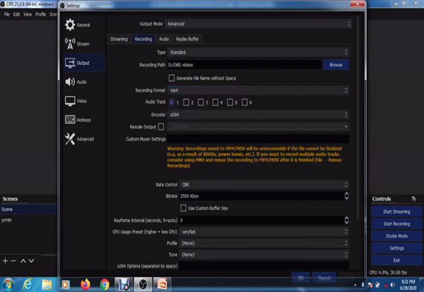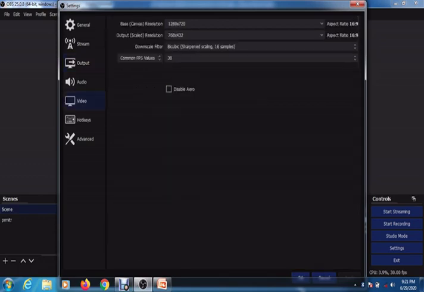So I am just using this MP4 format, and before clicking OK, I will again have to see the video option. Now in this video option you can see the base canvas resolution, which is the basic resolution provided by my laptop, captured as 1280 by 720. And the output scale resolution is the resolution of the output recording video which you want.